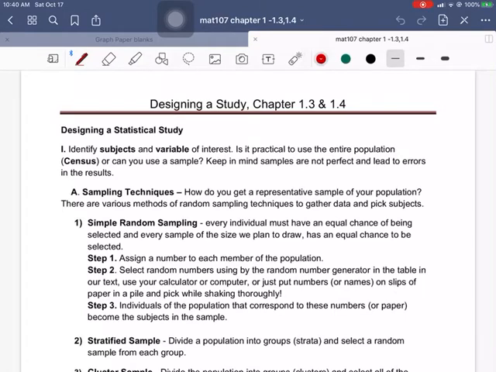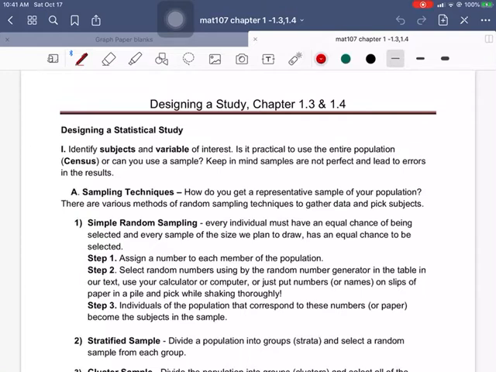All right, continuing with Chapter 1, the last two sections in the textbook, we want to design our study. So we want to use statistics. We want to identify subjects to answer a question. We want to identify a variable that we're interested about. And then we need to think about, is it practical to use the entire population or census, or can we